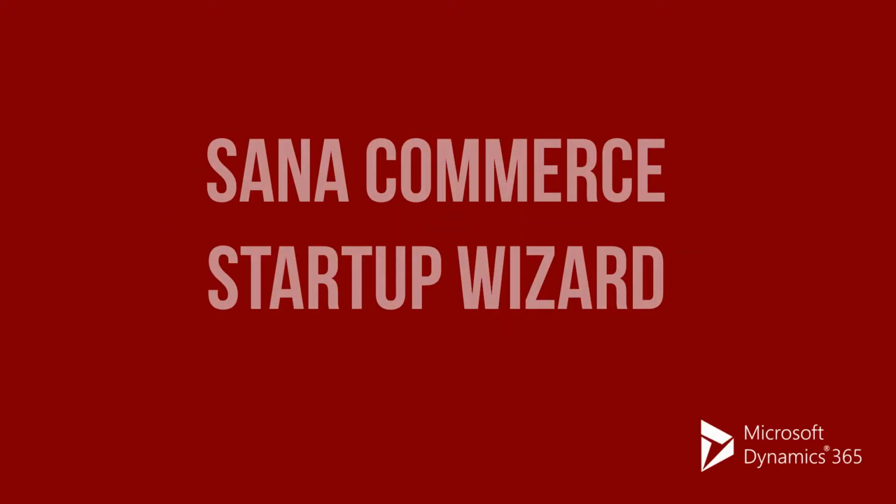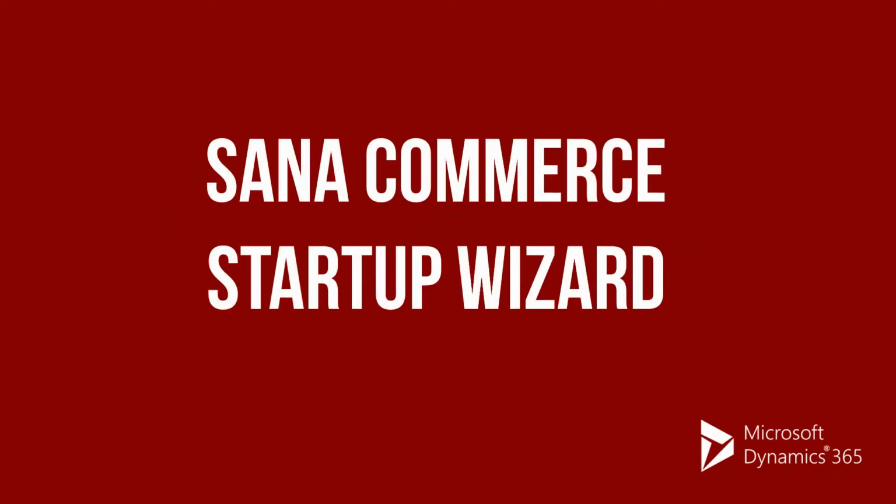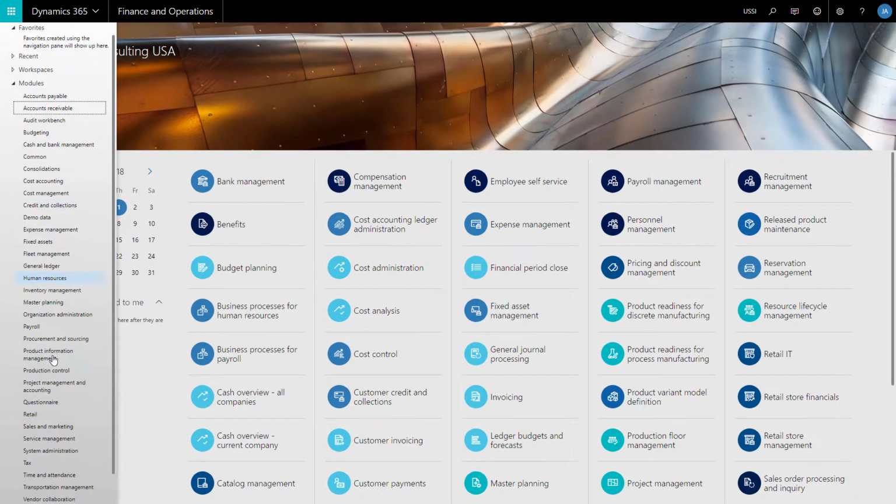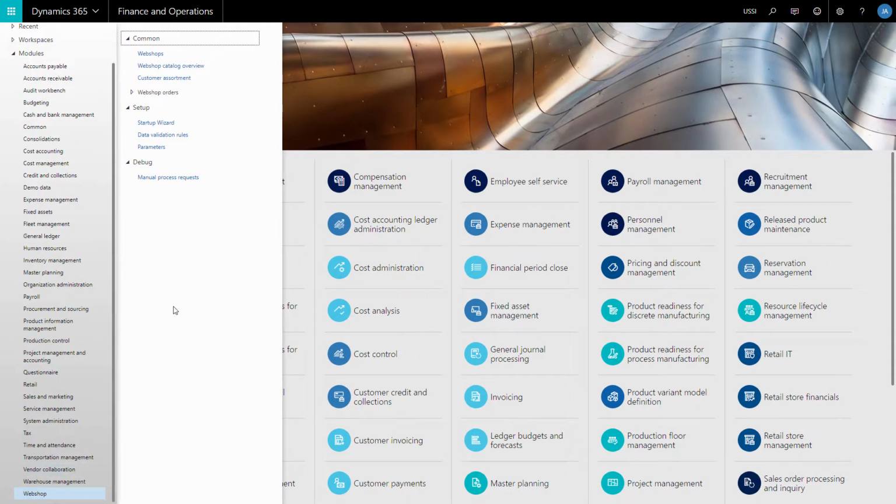Sana is 100% integrated with Microsoft Dynamics 365. Therefore, a part of Sana is installed inside it. When the Sana add-on is installed into Microsoft Dynamics 365, it is necessary to set up the Sana Web Store. To make it easier for you to perform the initial setup of the Sana Web Store in Microsoft Dynamics 365,